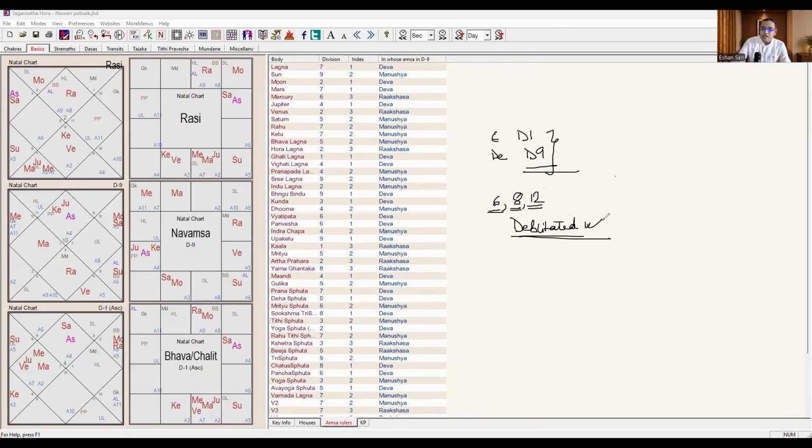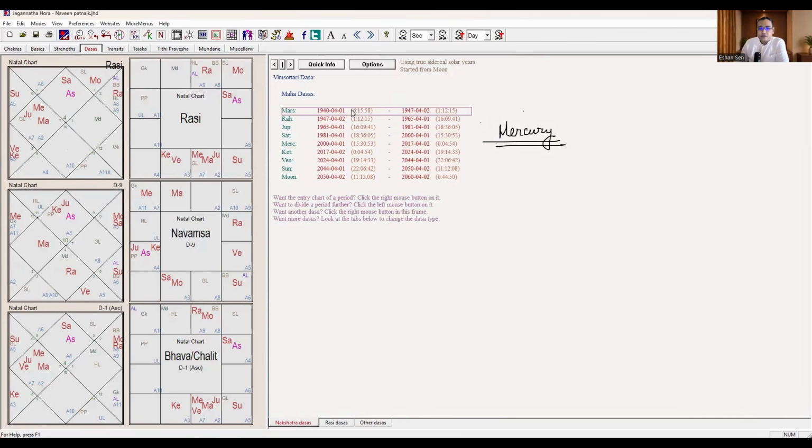So, this is how you can see whether your Dasha will run good or not. Now we have done Mercury, but we started with Saturn. Now, where was the Saturn Dasha starting? If you look into the Dashas, Saturn started in 1981. And as far as I remember, 1988 to 2000, he was in the cabinet ministry.